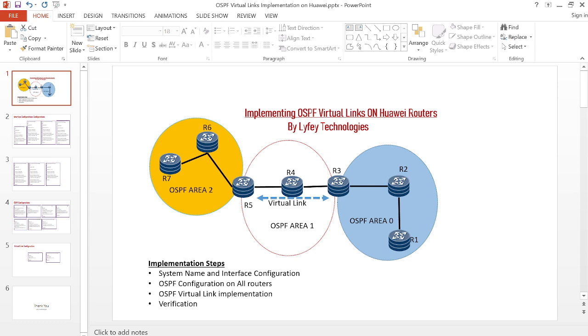the backbone area. For example, in our setup, you can see we have three areas: area 0, area 1, and area 2. And area 2 is connected to area 1, which is connected to area 0. So in such a setup, we need to create a virtual link for area 2 to be able to have